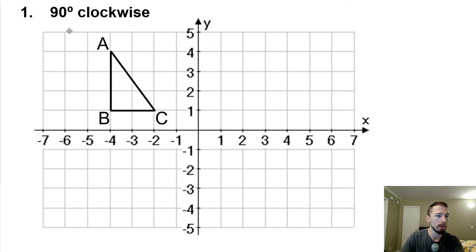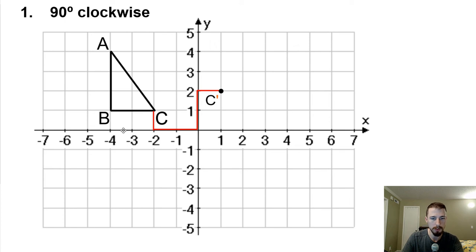All right, so number one, we want to rotate it 90 degrees clockwise. So we're going to do the whole front page by drawing the L's, and then we'll use the rules on the back page so that you know how to do both. So let's do the point C here. I'm going to go 2 along the axis and then 1 up into the quadrant. Then if I rotate that clockwise 90 degrees, it's going to be now 2 along the axis and then 1 into the quadrant here. So this is going to be the point C prime, the image of the 90 degree